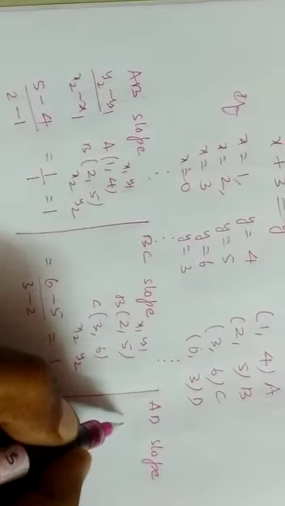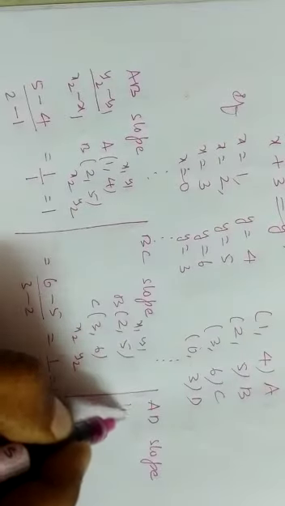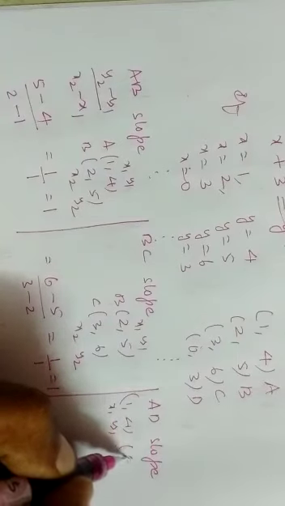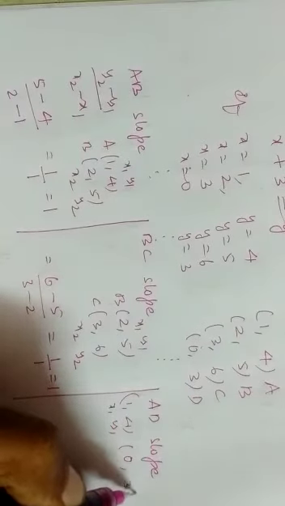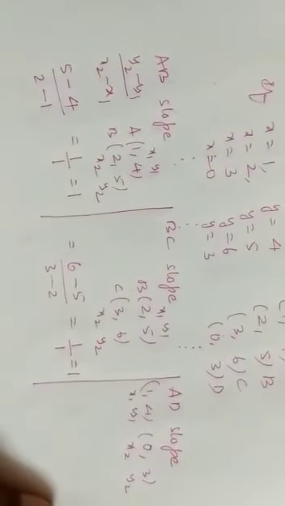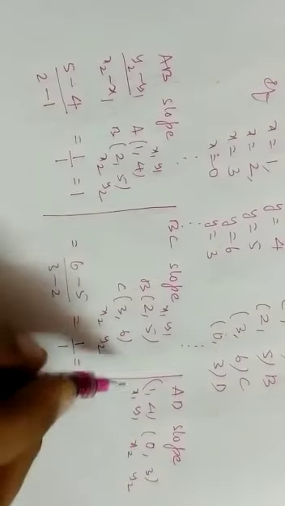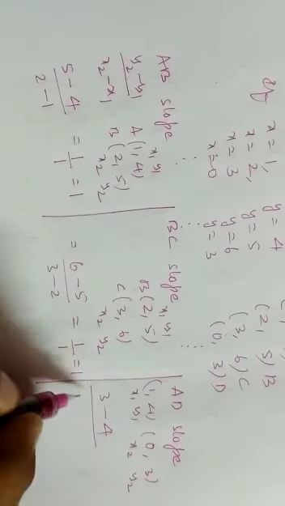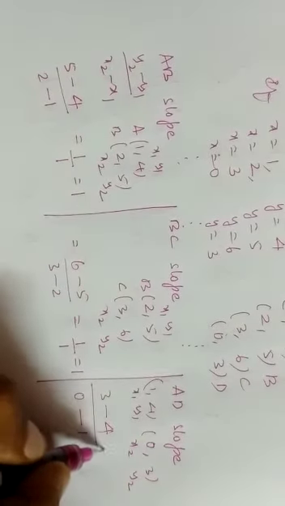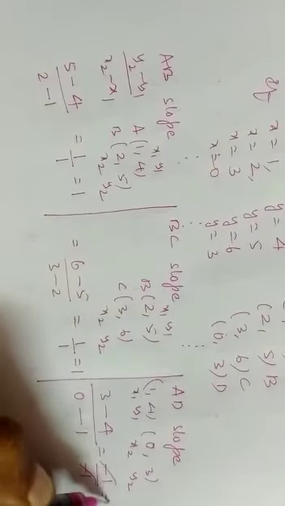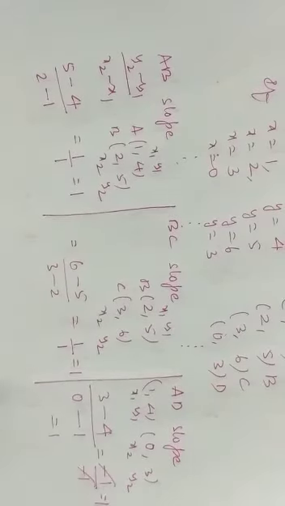A point is (1, 4), that is x1, y1. D point (0, 3) is x2, y2. y2 3 minus y1 4 by x2 0 minus 1. 3 minus 4 is minus 1, by minus 1, that is 1. So AD slope is also 1, which means